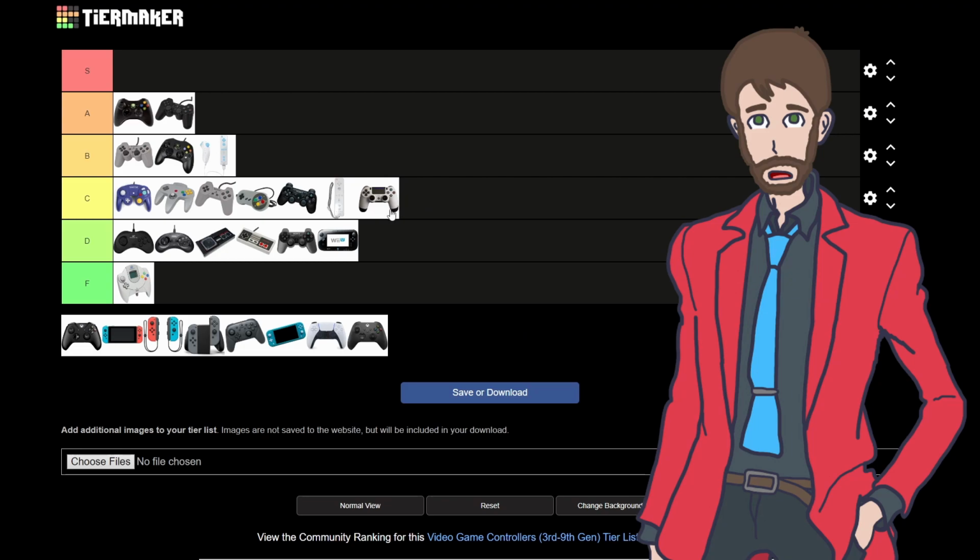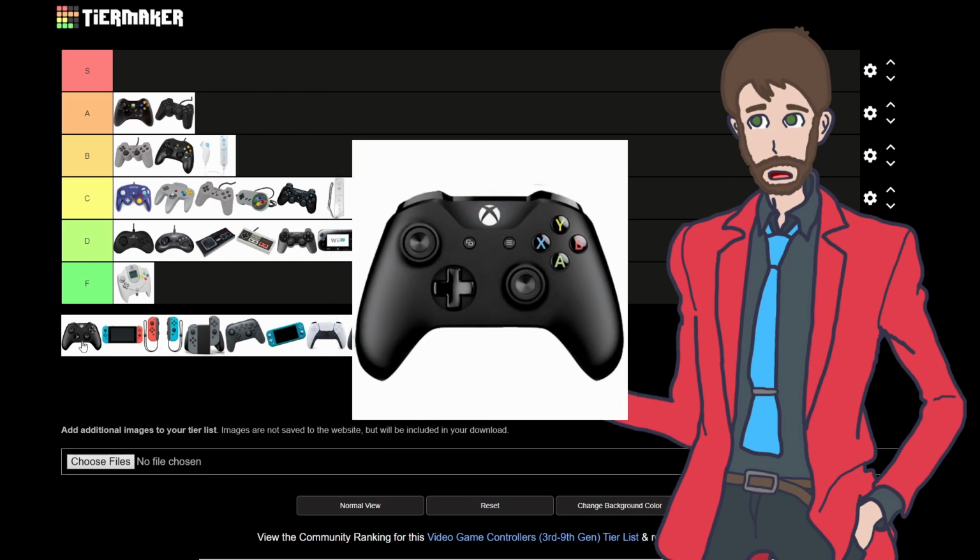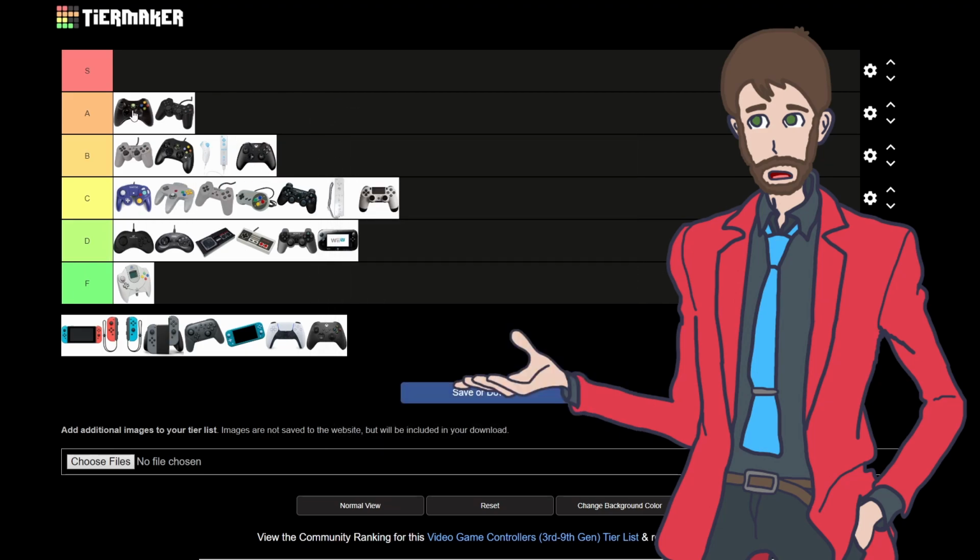The problem is not enough other developers used the SIXAXIS to the fullest extent of its abilities, I think. So there's a lot of technology in here that just goes unused, and I think that's kind of sad. Alright, the Xbox One controller is not a downgrade, it's more of a side grade from the 360 controller